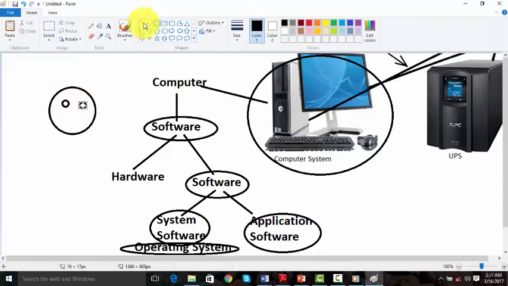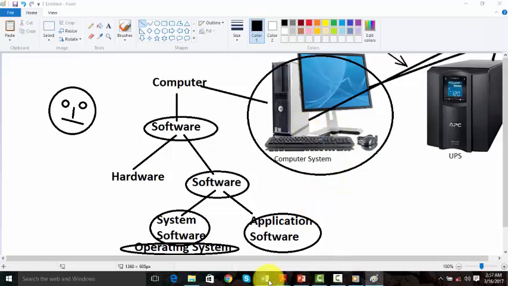This is the user. Now for this user to operate this computer, we need an operating system, which coordinates or helps the user and the hardware for the work to be done.